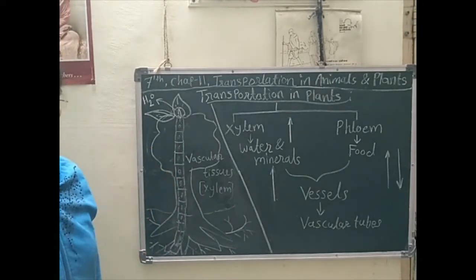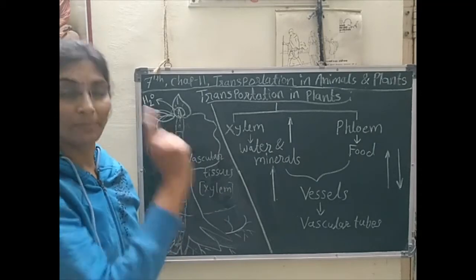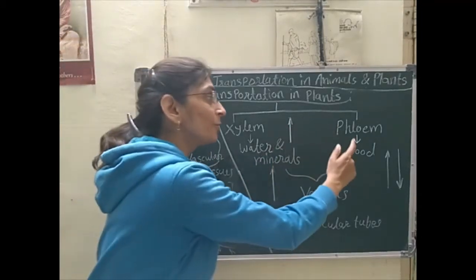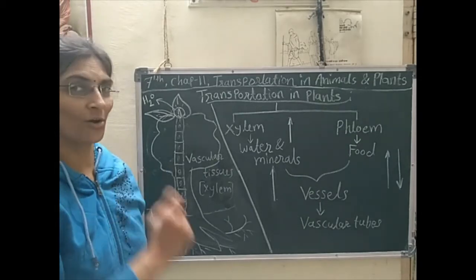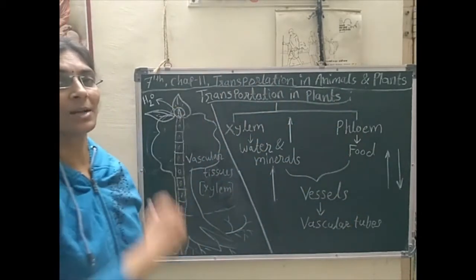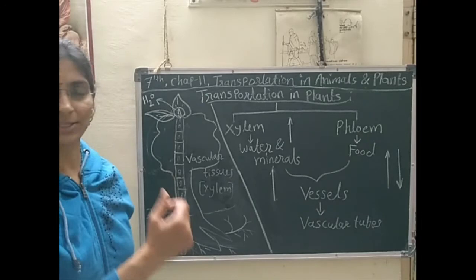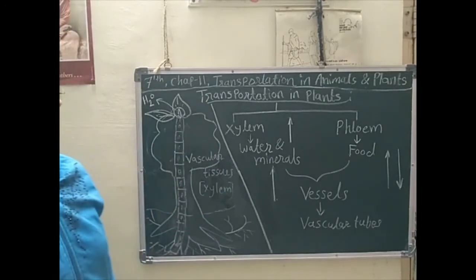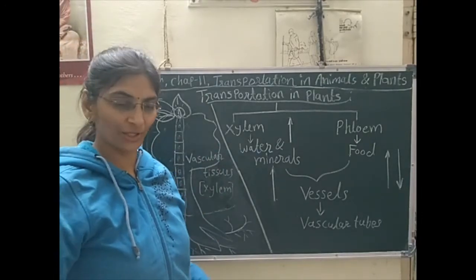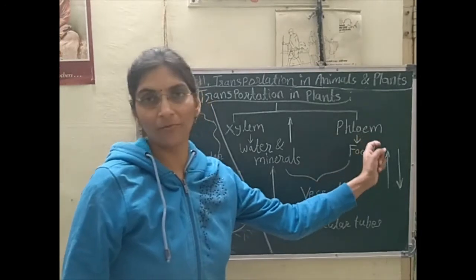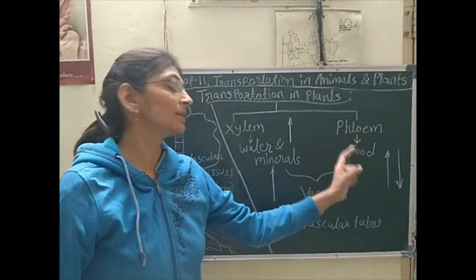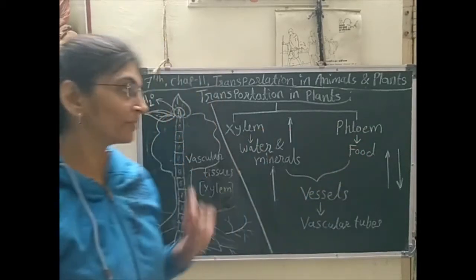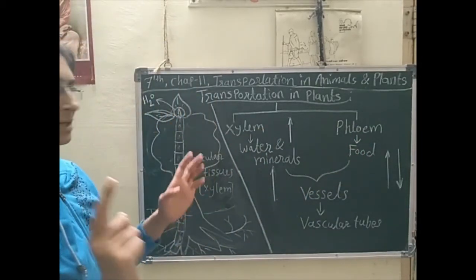Through the process of photosynthesis food is prepared, and that food get transported again for the formation of energy towards another body part, towards the cells of another body part. And for that transportation of food, phloem work. That type of vessel work. These vessels are known as phloem. And one very important thing,